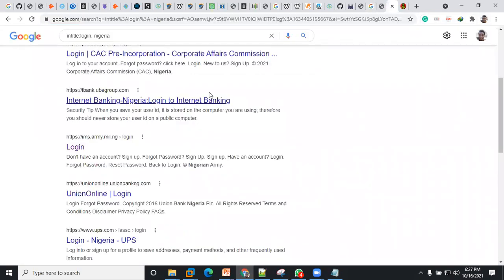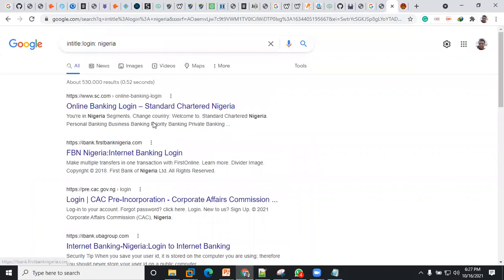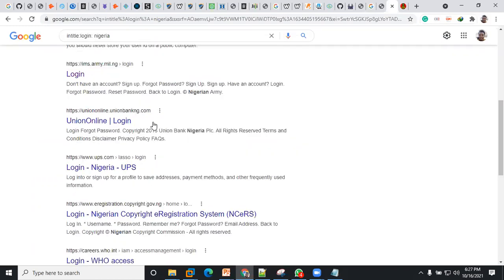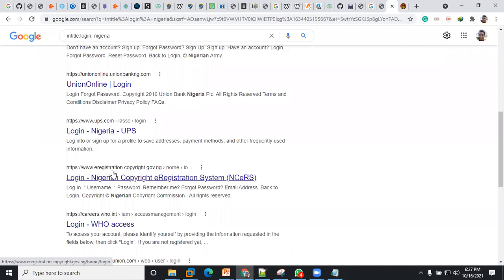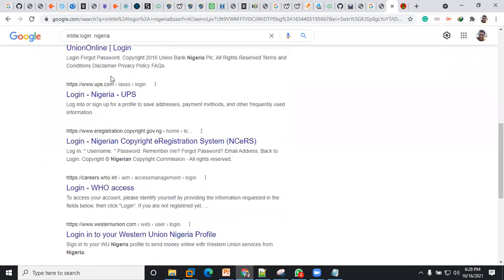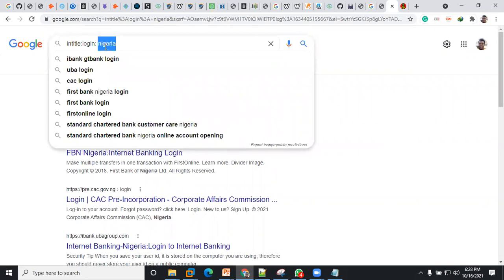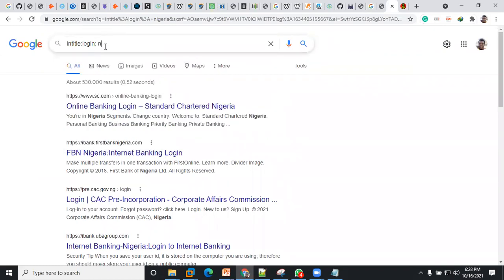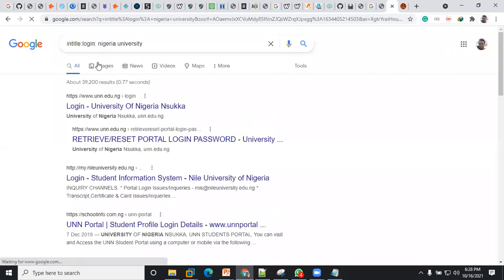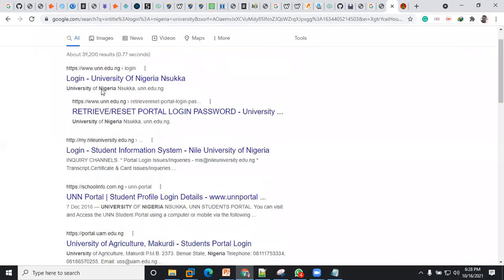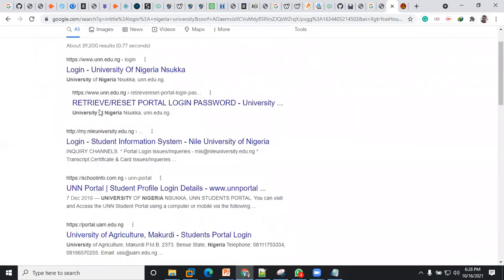There are some login pages out there that do not accept other protocols. So this is just a way to use Google Document. If you have a website in mind that you want to locate, you can put it there. I'm just trying a wildcard search. Okay, so this is also showing us the login pages of universities in Nigeria that we have so far.